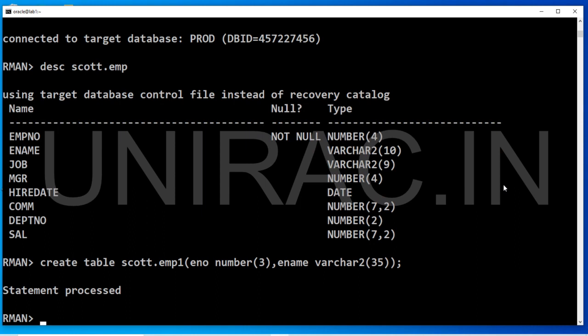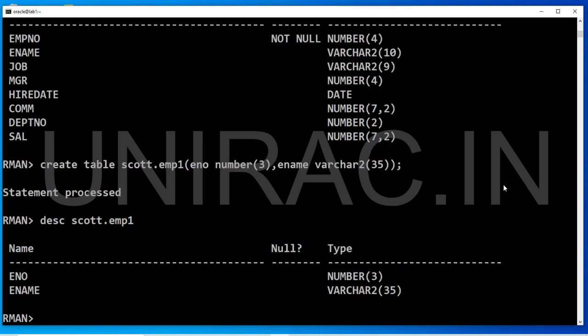The statement processed, the table got created. Without any SQL prompt, we have run the SQL command create table from RMAN. We can describe this table, whether it exists or not. The table exists.